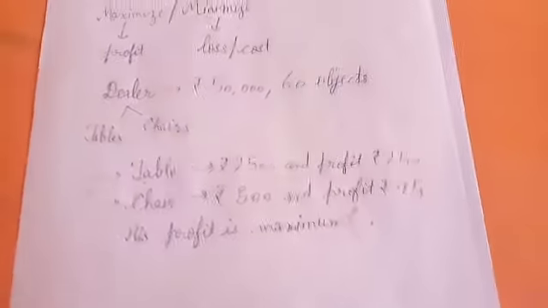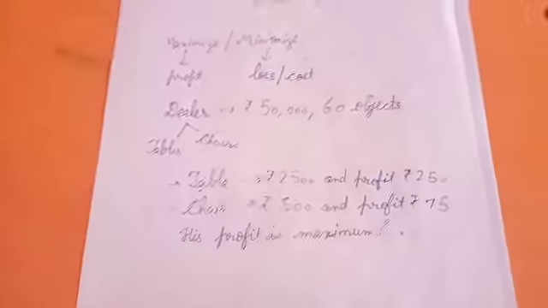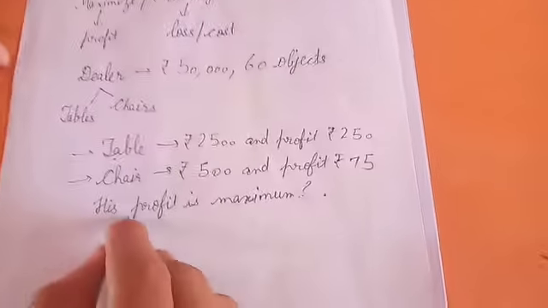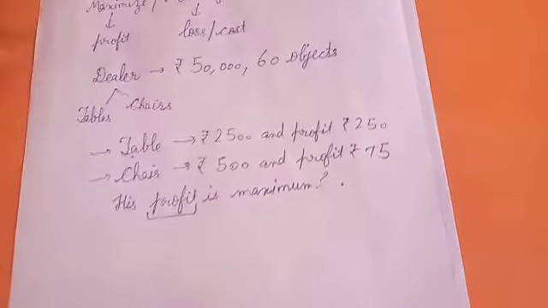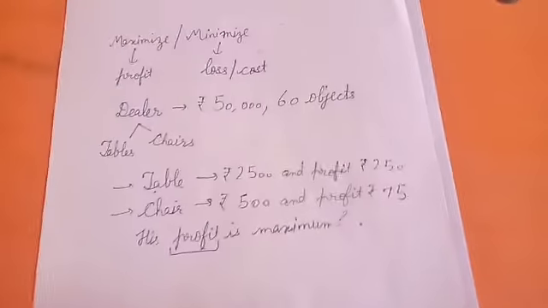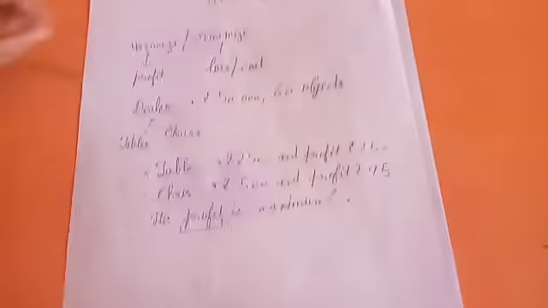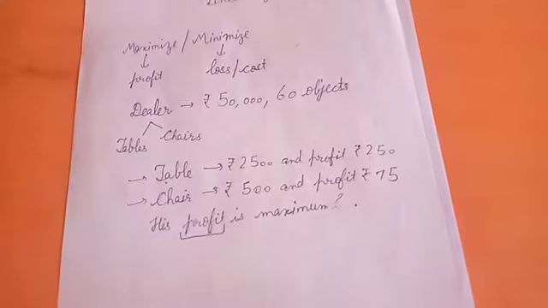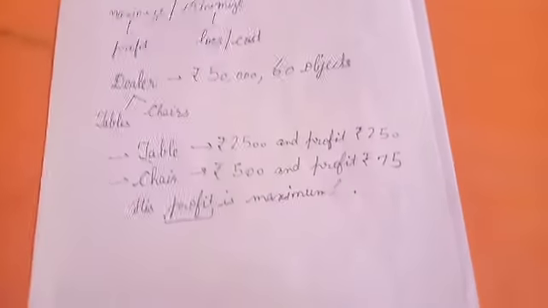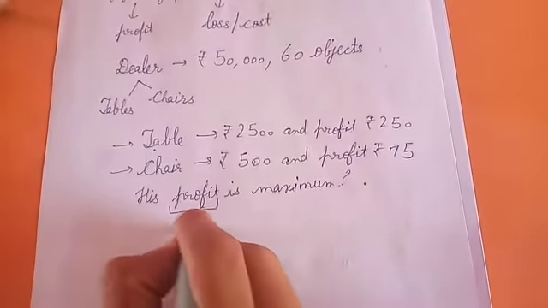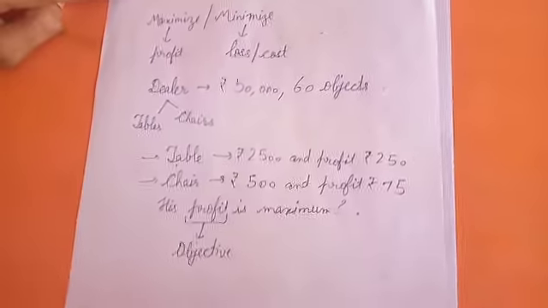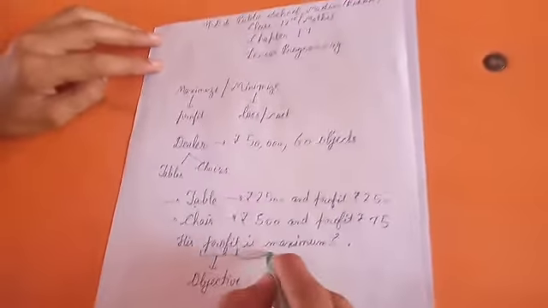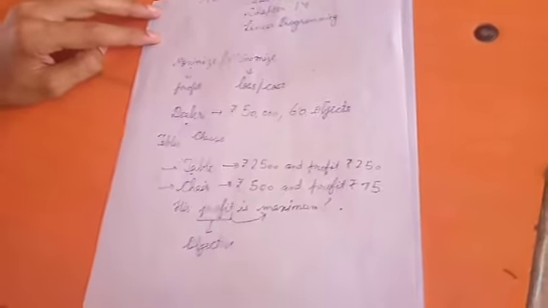so now you can look here, what we have to do, we have to deal with profit, that we have to find at what point our profit is maximum. And in the question, what we are going to deal with, that we say objective function. It is our objective that our profit should be maximum. Okay,